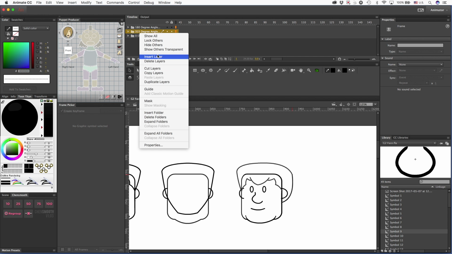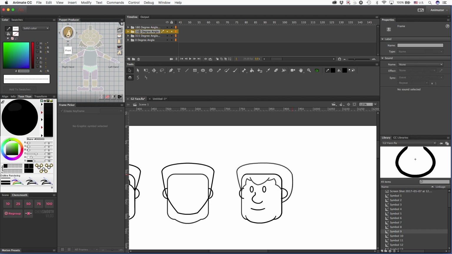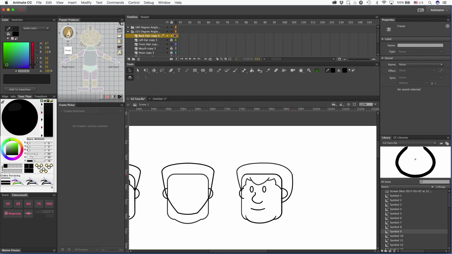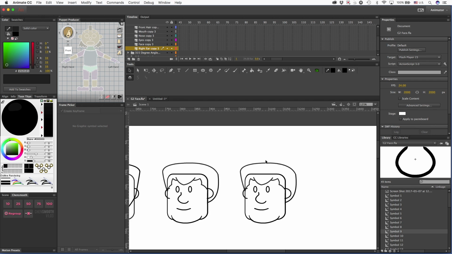And once again, we're going to make a duplicate layer, and it will be our 225 layer. And expand it and just make sure everything is unlocked and that you select all of your files, and we're going to slide it over. And so once again, on this layer, we can delete any of the files that we do not need to use. And what we won't need is the mouth and the eyes,